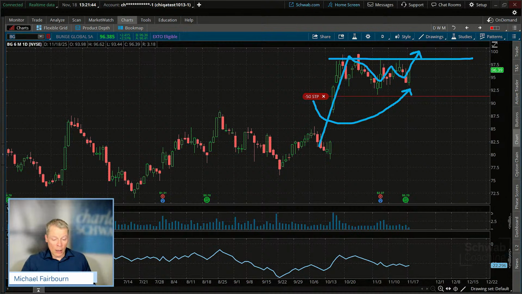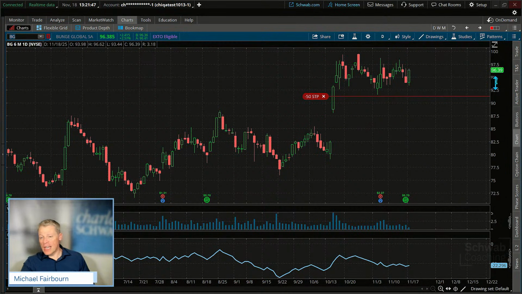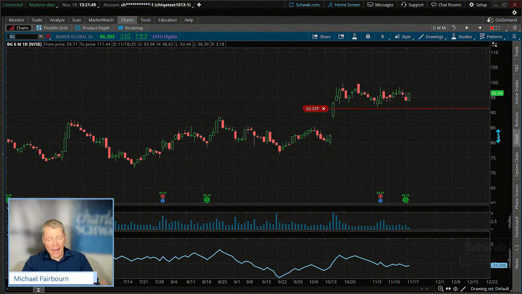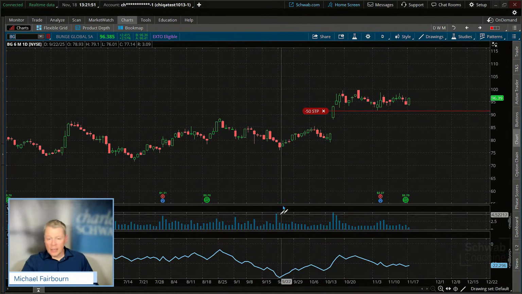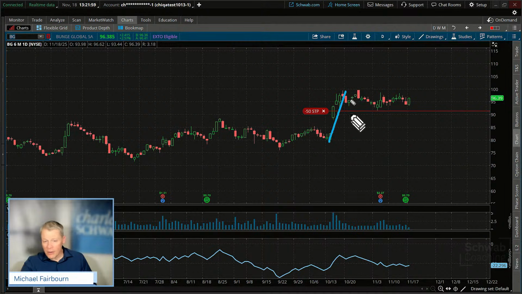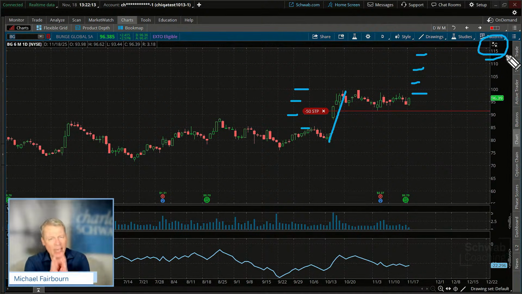But if it were to run, where is that pattern projection taking us on this? If that macro theme unfolds and price action takes off, folks, it's just the same swing trade type pattern. There's your move in price. And you've got these grid lines on here. It's so helpful. 1, 2, 3, 4. I can count those off towards the end of this point. I could just say 1, 2, 3, 4 right there. So about 115 or so. I'm just kind of eyeballing it, but that could be a target for you on BG on that kind of